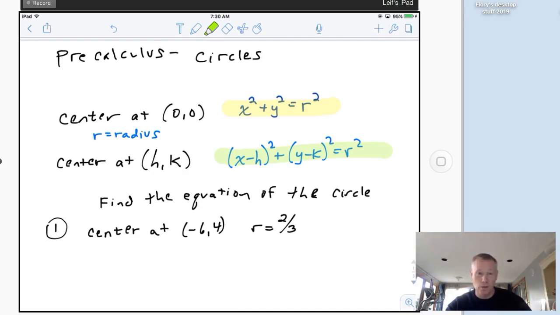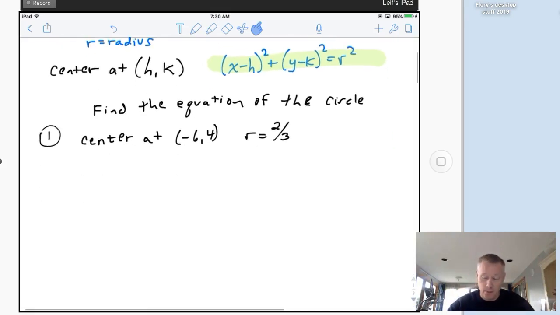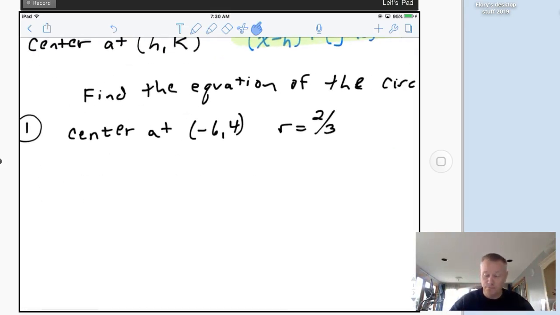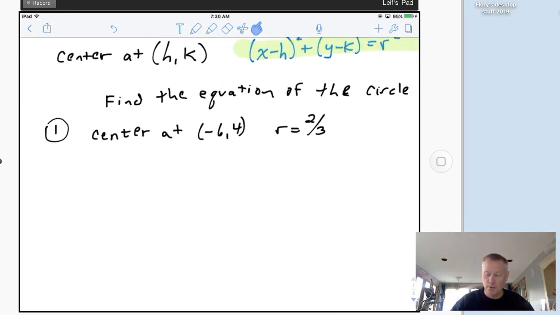Okay, so you got to know the radius, and you got to know the center of the circle. Those are the two things you need in order to write the equation. So a couple of examples of the kind of problems that you're going to see. Here's the first one, and this is probably the most straightforward kind, where